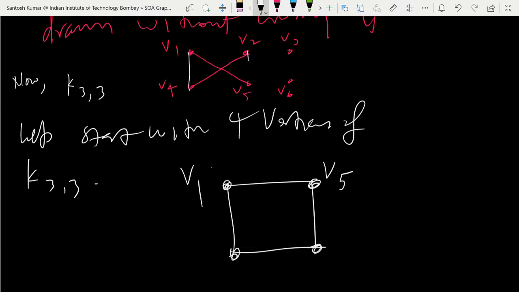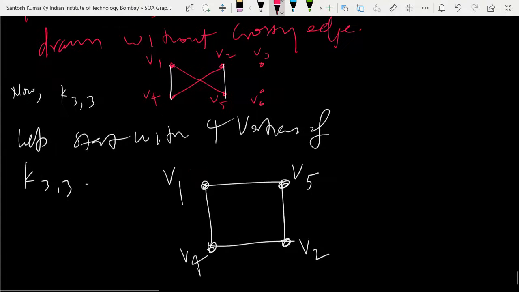So you join this one and this one now: V1, V5 and V2, V4. For V2, we have to write V2 here, V2 and V4. Now check, I'm writing the same. V1 is joined to V4 and V5, yes. And V2 is joined with V5 and V4. So this part I took, these 4 vertices I took. Now I have to place the next 2 vertices.